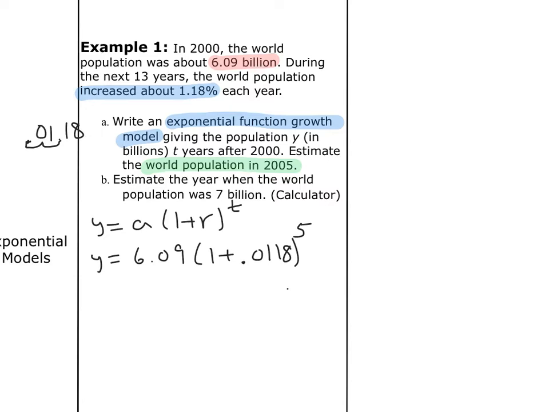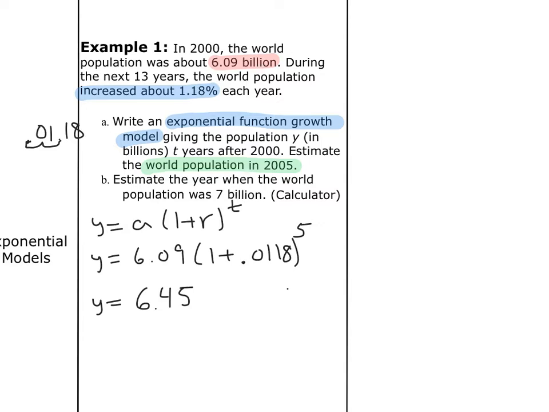Now, when you go to calculate all this, y is going to equal, and if you plug it into your calculator, 1 plus 0.0118, and so that's 1.0118. Raise that to the 5th power and then multiply it by 6.09. That's going to give you